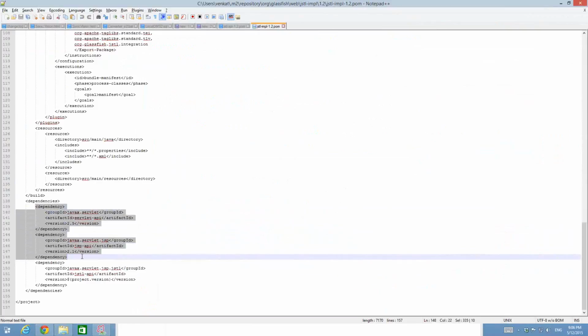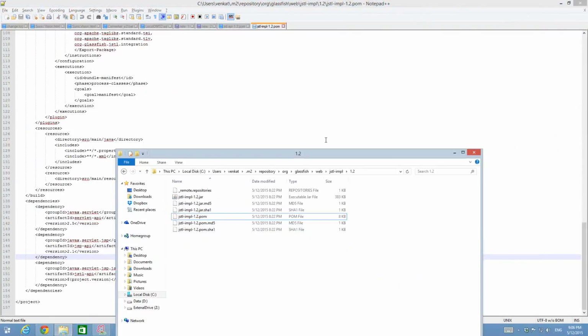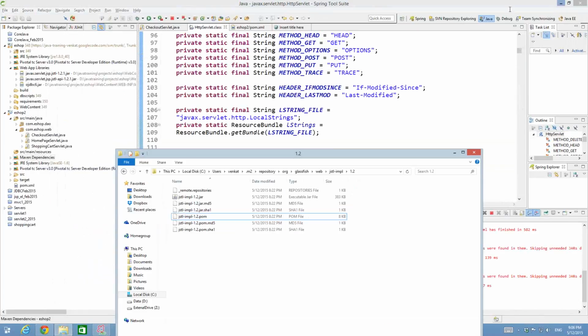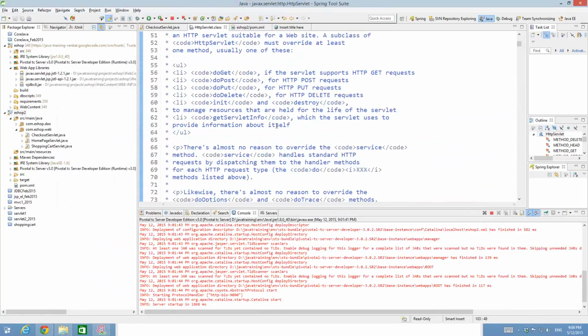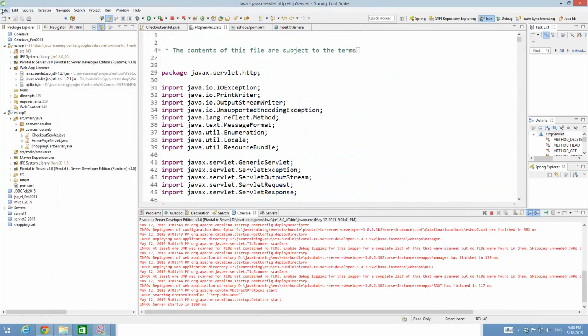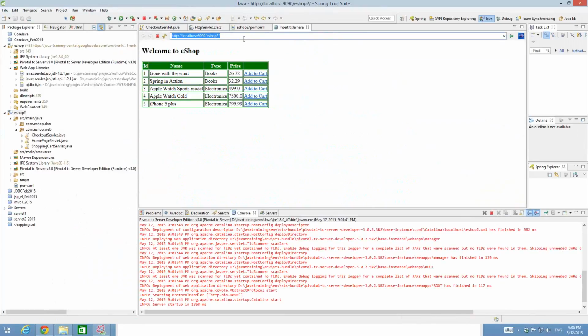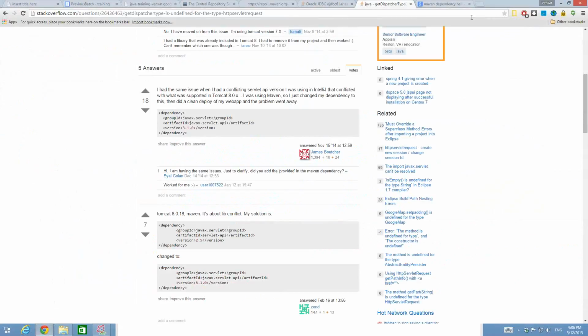You can specify the exclusions in cases where you don't want it, then you can say, hey, you know what, I don't want these dependencies. I like all of these dependencies, but you are giving me trouble because you are conflicting with my own jar file, so please don't bring it. So you can do it, and now your application works just like before. Okay,